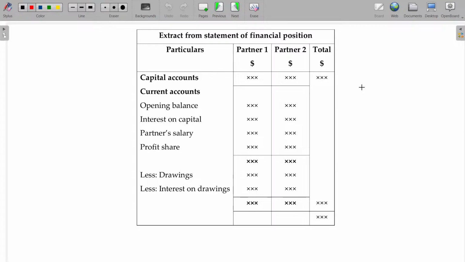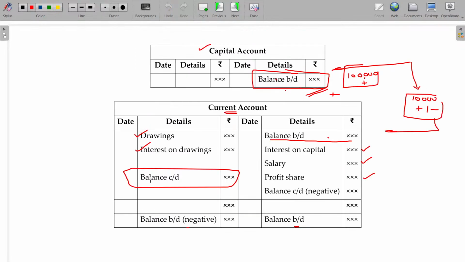And in the case of the financial position statement, you might have studied it in your financial statements chapter itself, but only one aspect is different, which is the capital account. We have a capital account there, with only the opening capital plus profit, like you prepared there. Here, capital and current account, two capitals, are there. In the current account, the opening balance, interest on capital, partner salary and profit share will be addable. Okay, and from there, drawings and interest on drawings will be subtracted. So this is nothing but the same.